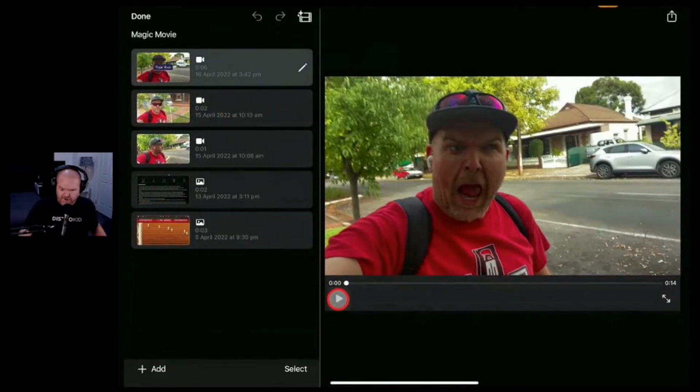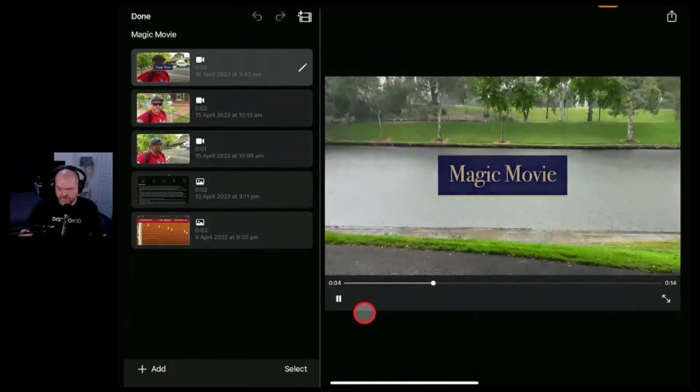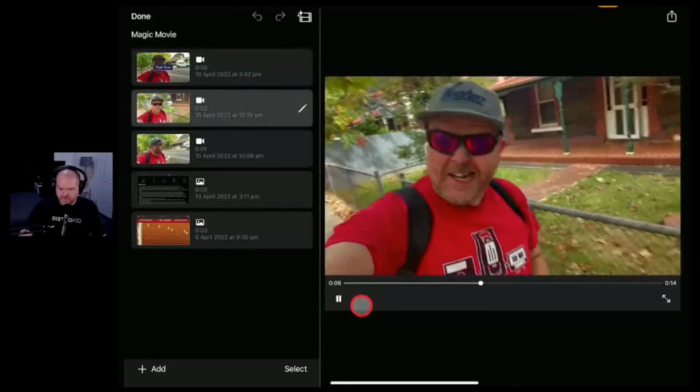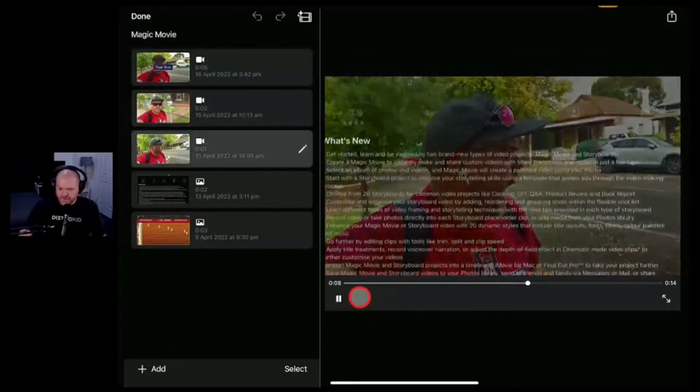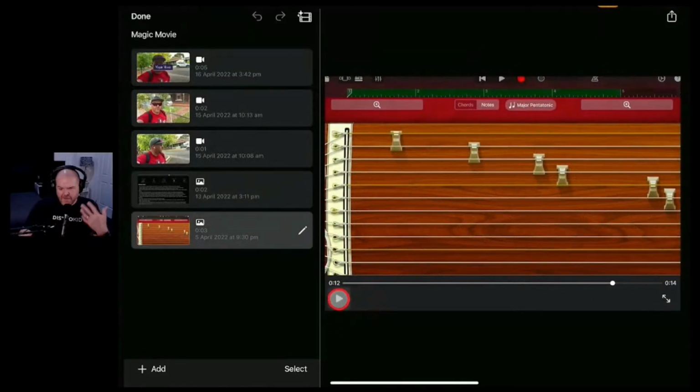So if we hit play on this one now... What's new? And you can hear there that, it ducks the audio when you've got image only, and it does things like